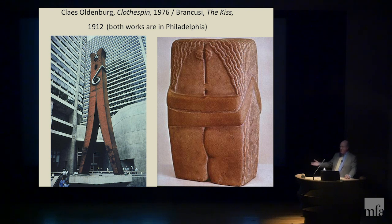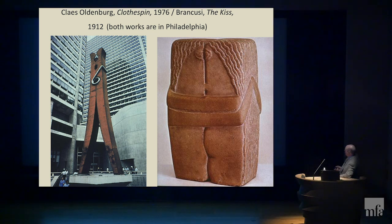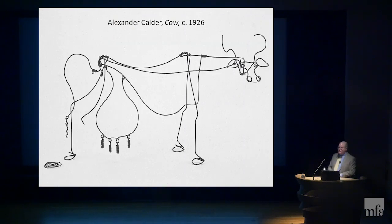And Brancusi had started working in his studio early on, where the carving was done by assistants. I mean, a very different, and Rodin was a modeler. He really worked in soft clay, a very different kind of conception. But this idea of mass, of solidity, of volume, which we often think of with sculpture, can also be subverted. And this, of course, is up in the Art of the Americas wing, this delightful cow